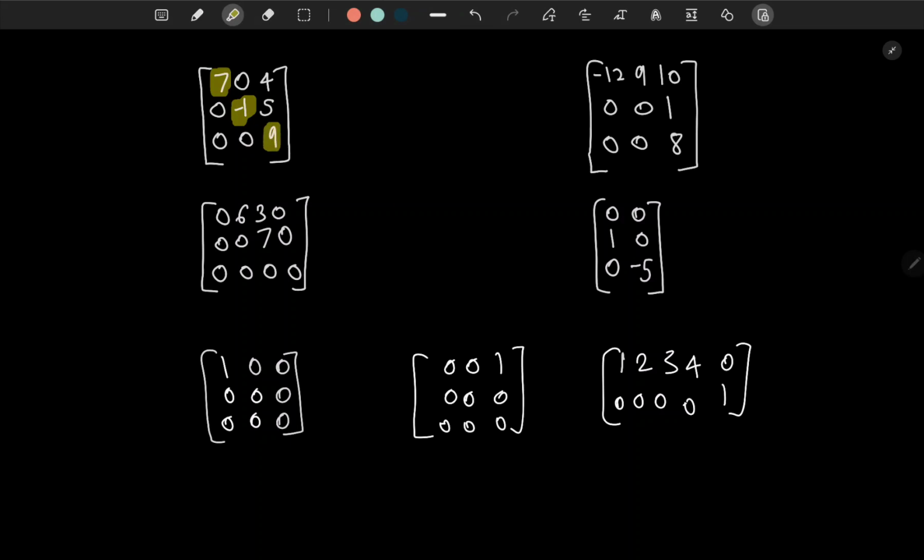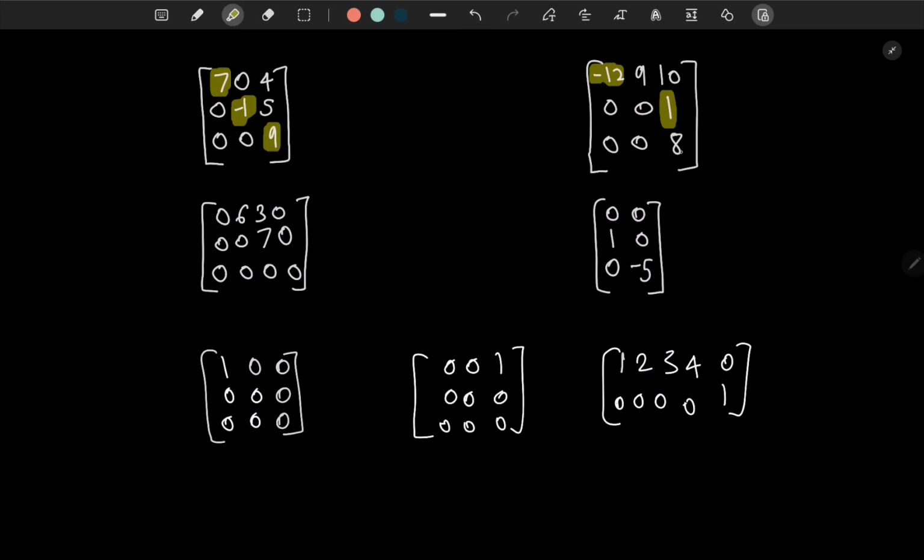Okay, now let's move on to the second matrix here. First again we look for the first non-zero element in the first row, which is going to be -12. And again we look for any non-zero element below this pivot, and there isn't any, so there's 0 here and 0 here. And now we look diagonally again, down to the right, so it's going to be